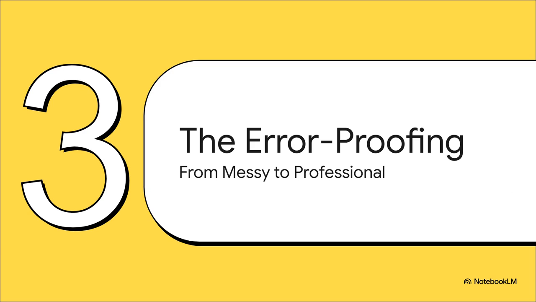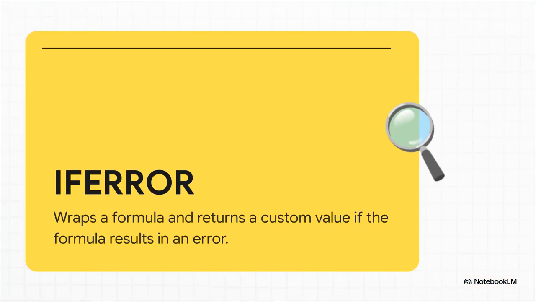But here's the real pro move. What if we could stop these ugly errors from ever even showing up? What if we could make our spreadsheets totally clean, professional, and user-friendly, no matter what happens with the data? So let me introduce you to the hero of this story, the IFERROR function. Think of it like a safety net for your other formulas. You literally wrap it around your VLOOKUP and you tell it, hey, I want you to try running this VLOOKUP. But if you get any kind of error, don't show me that ugly code. Show this